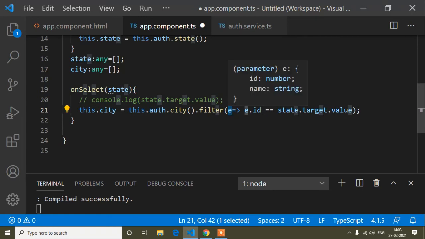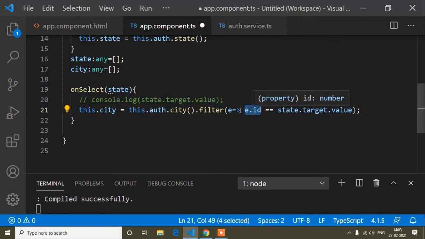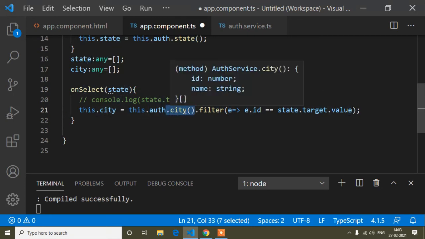That variable is a reference for our cities object, and from this variable I'm just choosing id. So e.id, because I told you this variable references the object which comes in our city method.